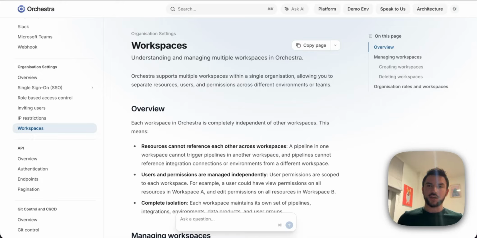Today we're going to be looking at workspaces, and more specifically, we're going to talk a little bit about what a workspace is and why we might want one. Then we're going to look at a brief example of how this might look in a company, followed by how we could possibly go about setting this up in an existing orchestration tool like Airflow using Amazon's MWAA. And then we're going to wrap up by doing a similar exercise using Orchestra just to see how the two